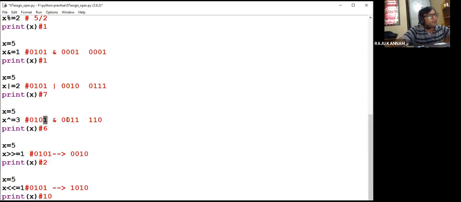So here 1, 1, both the inputs are equal, so the output will be 0. 0, 1, unequal inputs, so the output will be 1. 1, 0, again unequal inputs, output will be 1. 0, 0, again the same input, so it is 0. So 0, 1, 1, 0 means the decimal value is 6. The answer will be 6 here.